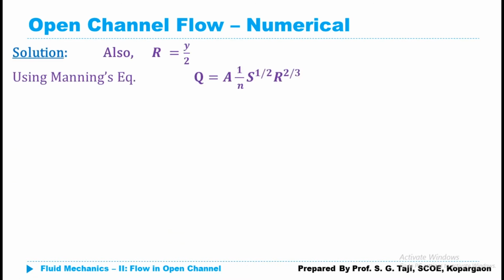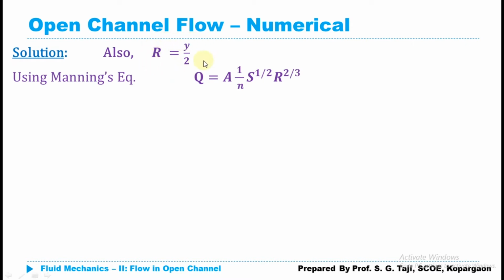Now simply we are going to make use of this relationship in Manning's equation while calculating the area. Manning's equation is given by Q is equal to A multiplied by 1 upon n multiplied by under root of S multiplied by R raised to 2 by 3, where R, for the most economical channel section,